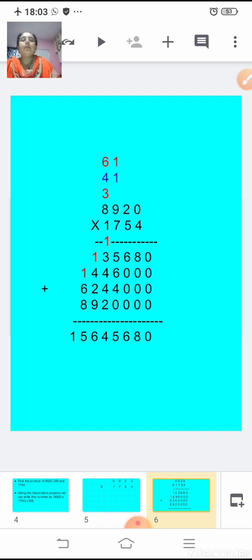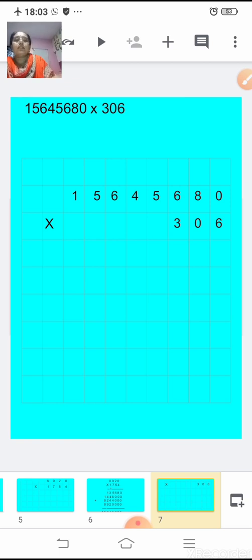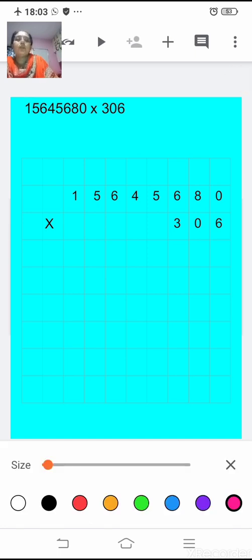So you can check the answer from here, and then with this product you will multiply the number 306. So coming to this, we will multiply this number. Okay, start from the ones place. 6 into 0 is 0. 6 eights are 48. Do carefully number wise. 4 carry over here. 6 6s are 36 plus 4, 40. 4 here. 5 6s are 30 plus 4, 34.